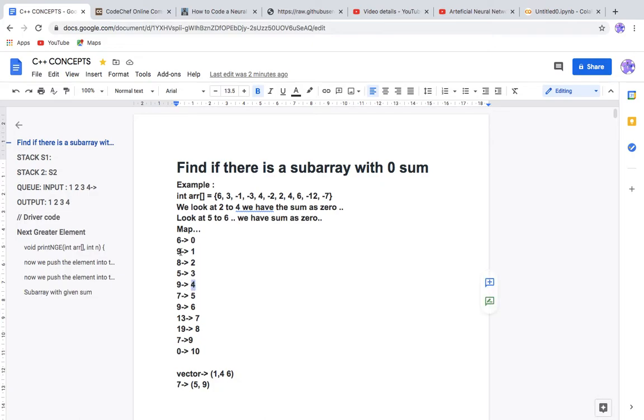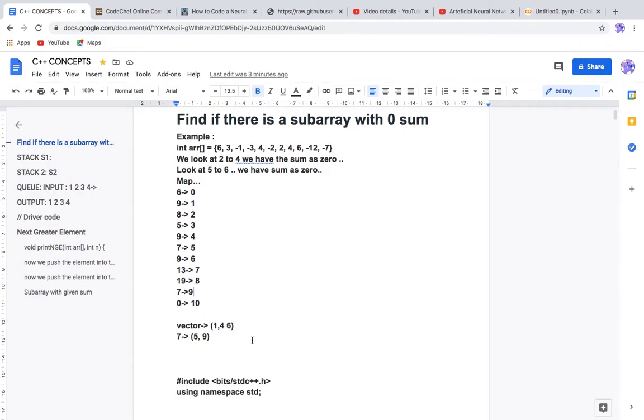For example, 9 is the sum at index 1, also at 4, and also at 6. So we will store it in a vector. We take one variable as int and another as vector, right? In case we have multiple indexes, we store them as a vector like 1, 4, 6. And 7 is the sum at index 5 as well as 9, right? So this will be our strategy.